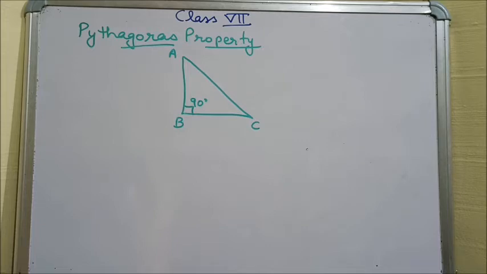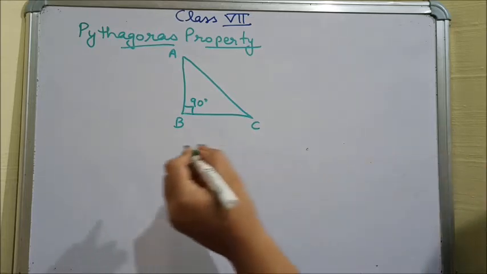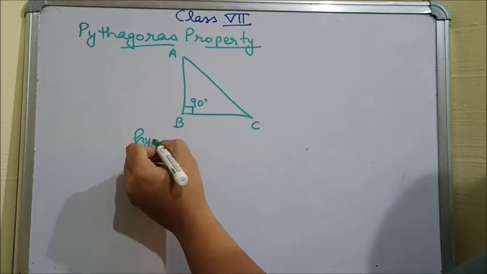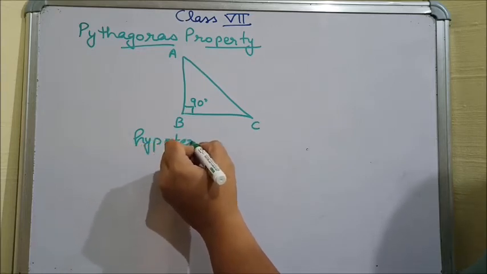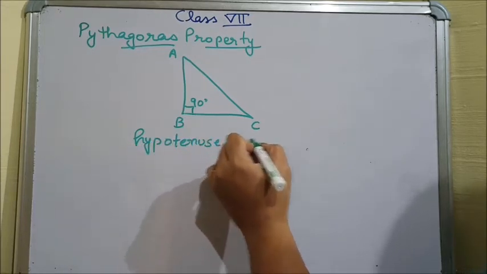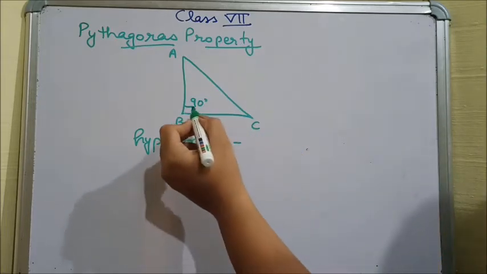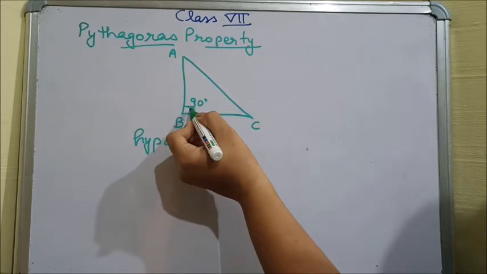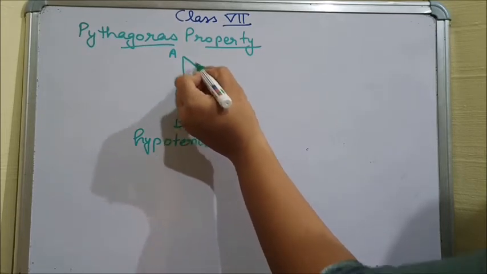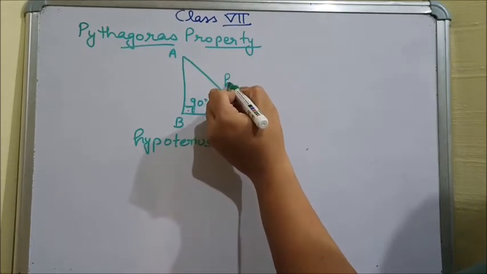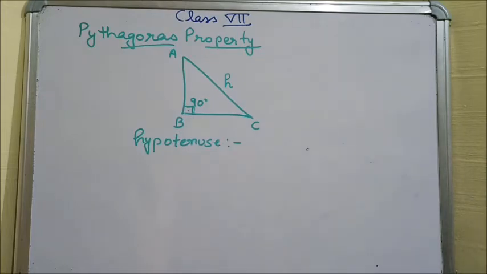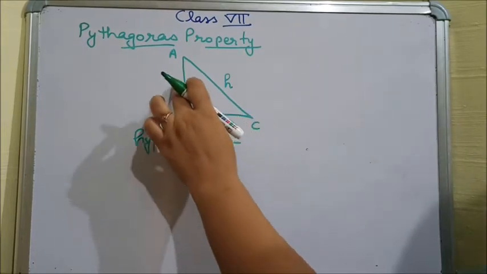According to this property, first of all we will introduce some new terms, the first one is hypotenuse. What is hypotenuse? Hypotenuse is the side opposite to the 90 degree angle. Where is the 90 degree angle? Here. So opposite to it, which side is this? AC. So AC is known as the hypotenuse, which is represented by small h, and the two sides are also known